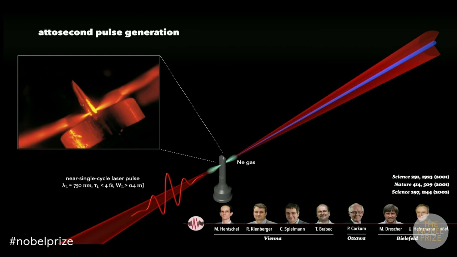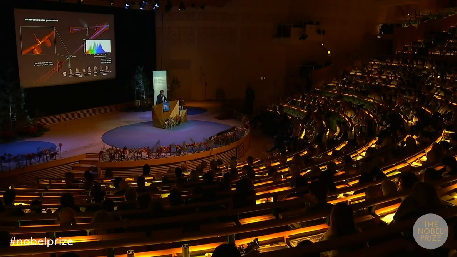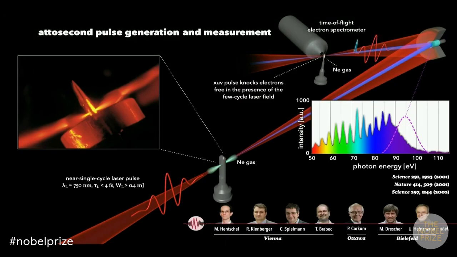The multi-cycle driving laser pulses used in the experiments of Anne and Pierre were replaced by pulses comprising a single, very intense wave cycle. When focused on atoms, the extremely rapid turn-on in these pulses implies an unprecedented rate and temporal confinement of ionization, and as a direct consequence, a very brief emission of XUV light from the higher order harmonic generation process, particularly if we filter the highest order harmonics,